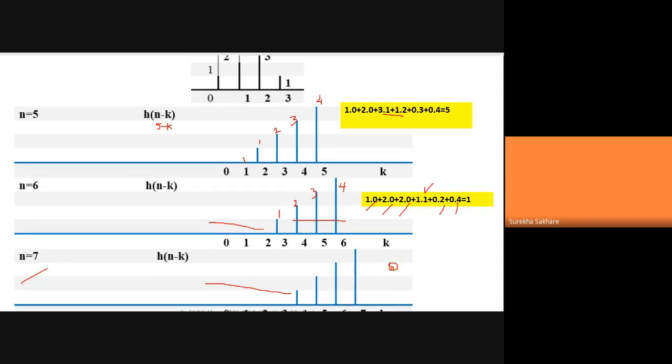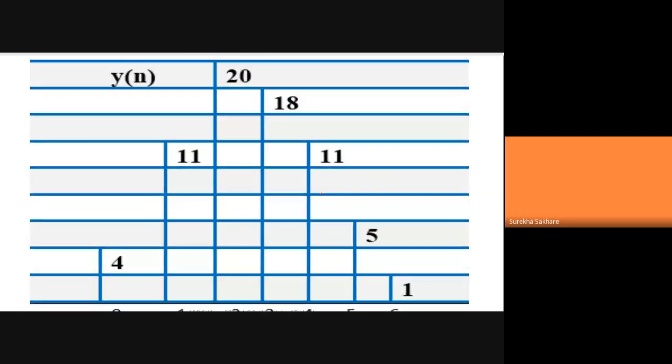If you go for the values obtained as drawing, you can see at 0 it was 4, at 1 the next sample was 11, the next sample was 20, at 3 this was 18, at 4 it was 11, then at 5 it was 5 and then it was a 1. So see the length, this is 1, 2, 3, 4, 5, 6 and 7. So 7 is the length and my starting point is here. This is how you can say that this convolution has been done.